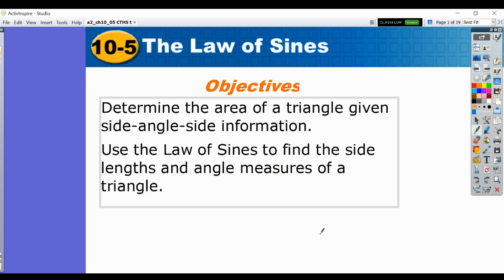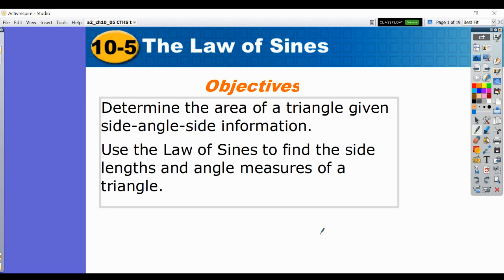And now we have Algebra 2, Lesson 10.5. This one is called the law of sines, and 10.6 is called the law of cosines. The first and most important thing I want you to know is lessons 10.1 through 10.4 had to do with right triangle trigonometry. So when we use sine, cosine, tangent of an angle equals the ratio, that is for right